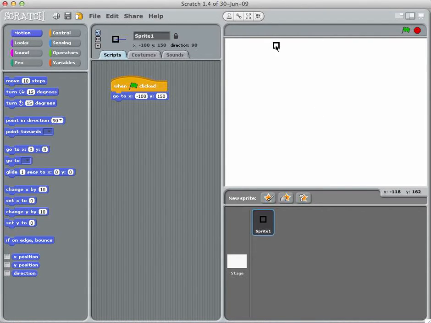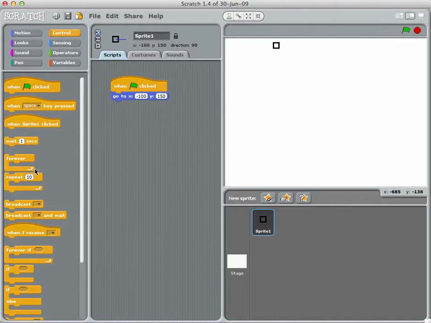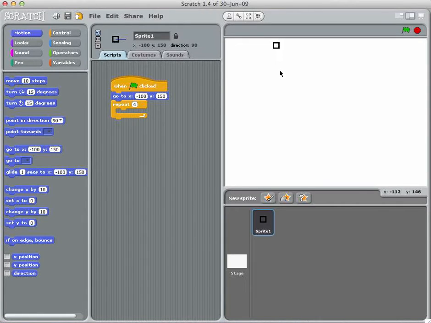But we're not actually going to start off there, because before we make an imprint of this using the stamp block, we're going to start off by moving it. But we first need a repeat loop, and we're going to attach it right underneath, and we're only going to repeat it 4 times to start off with. So once I've added that, I need to use another motion block to move it in the y direction,